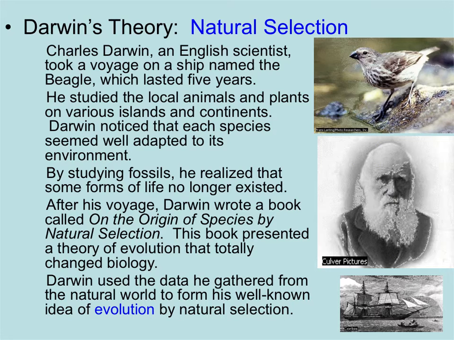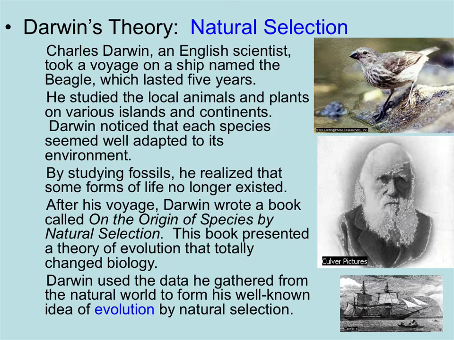So that brings us to Darwin. So Darwin, as you recall, was the father of evolution. And his big theory was natural selection. Okay, nature selects who's best fit for the environment. So Darwin was English, he was from England, and if you recall, he took a voyage on a ship. The ship was named the Beagle. So 5 years he was on the ship. They stopped at different places, and he studied lots of animals and plants, different species, on different islands and continents even. He pretty much went around the world.